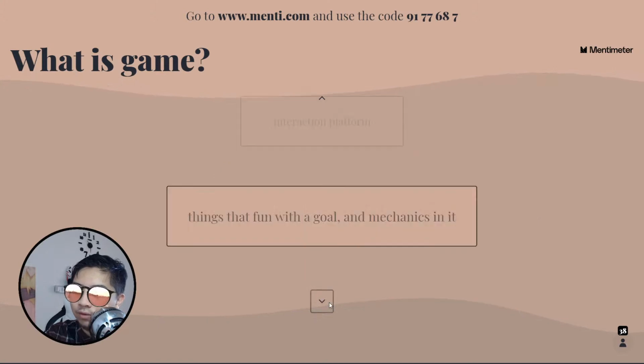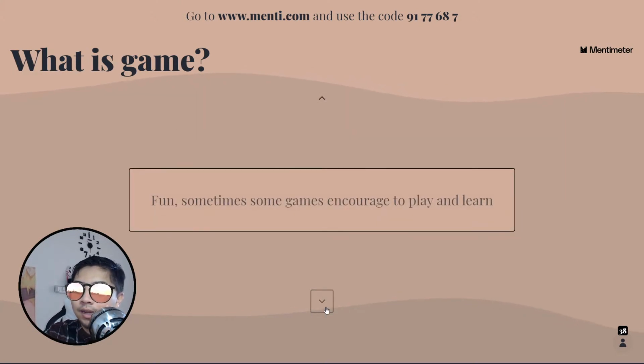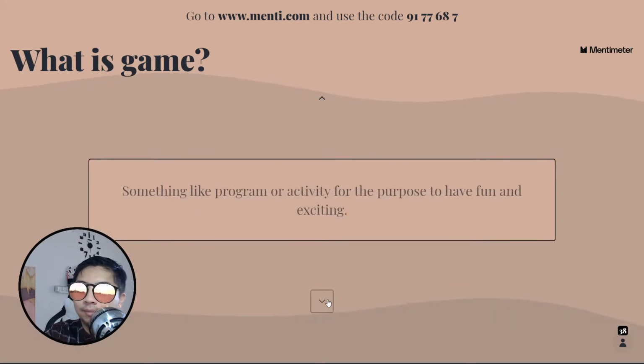Okay, interaction platform, things that are fun with a goal, and mechanics. This one is good: mechanics. We will also, maybe just for a glimpse, talk about the mechanics. And then fun. Sometimes some games encourage you to play and learn. Something like a program or activity. Yeah, it can be a program, I agree. It can be inside the computer, or a real activity within our real life,